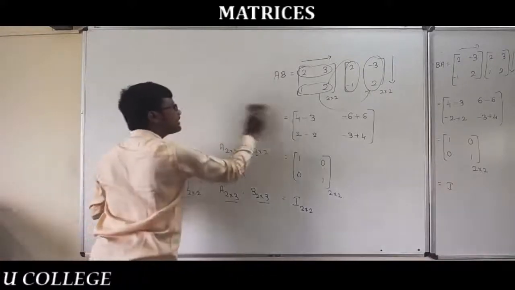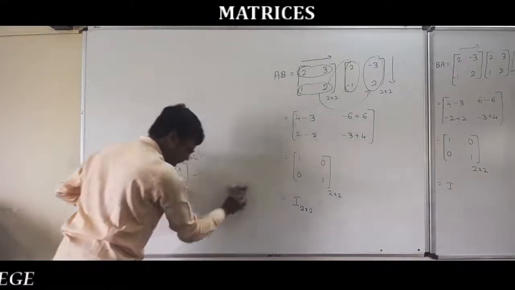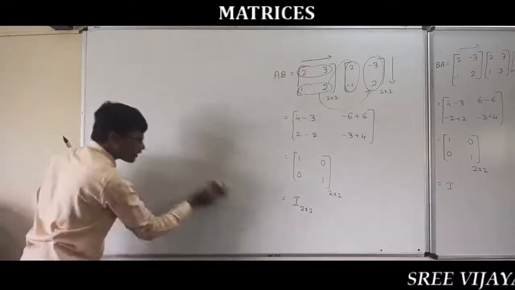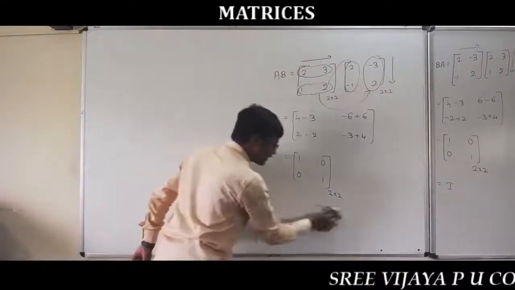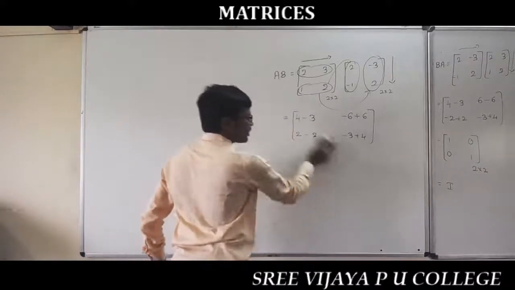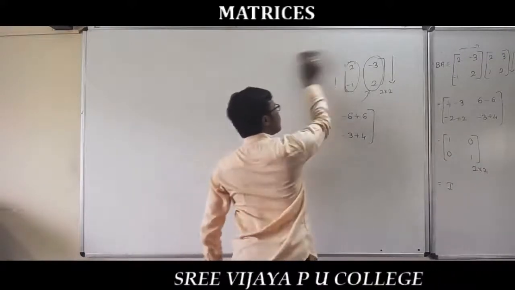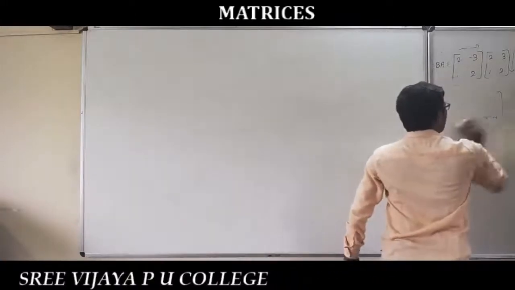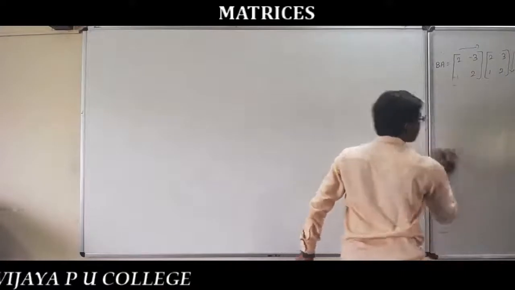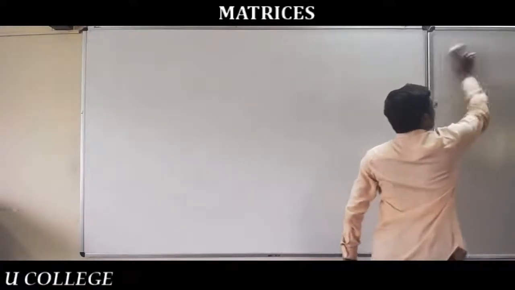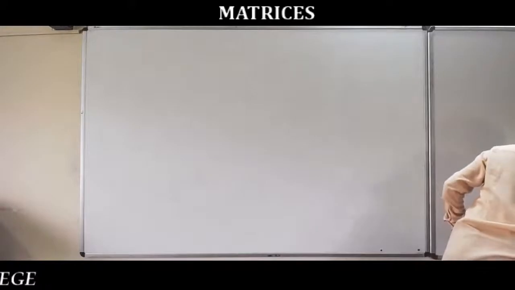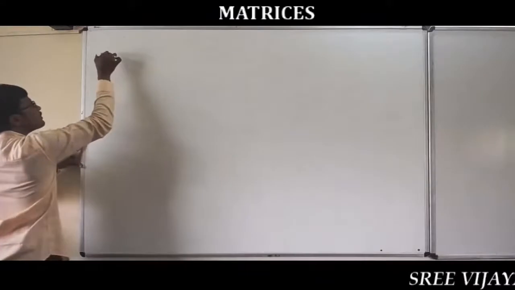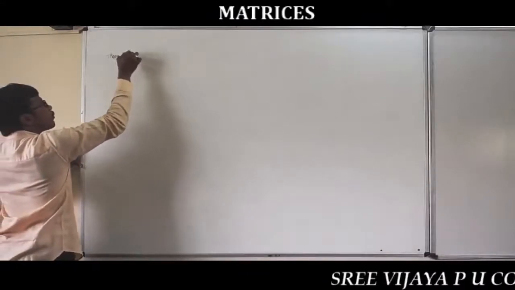If A is a square matrix, and B is another square matrix of the same order as A, such that it satisfies the condition AB equals BA equals I, then B is the inverse of A, or A is also the inverse of B. Based on this, we can discuss one of the theorems, that is the inverse of a square matrix. So theorem 1,